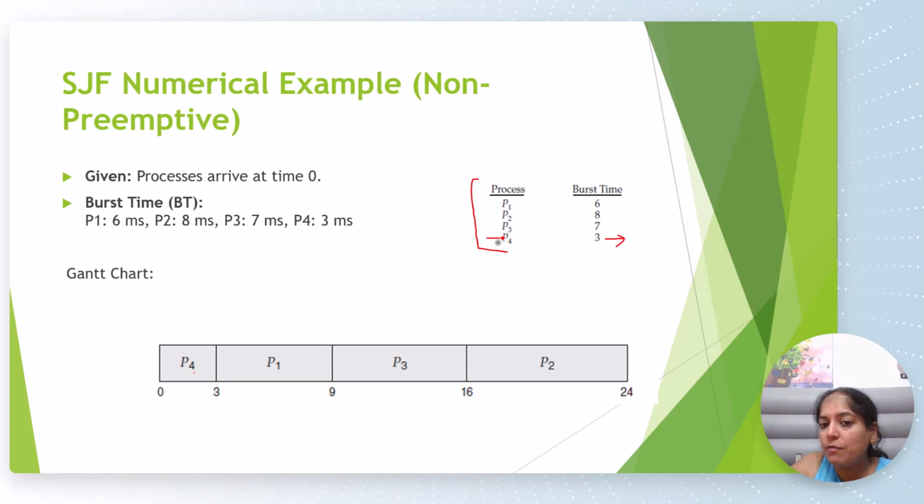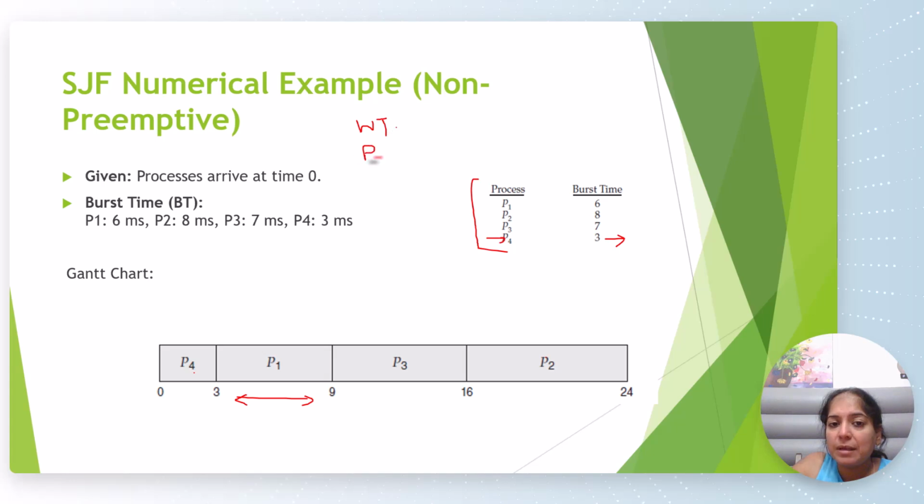Then, from the rest of the processes, P1 has the smallest burst time. So P1 will be executed from 3 to 9. The total time is 6 milliseconds. Then P3 will be executed, which is 7 milliseconds, and then P2 will be executed, which is 8 milliseconds. Right? Now, if you calculate the waiting time of each process,